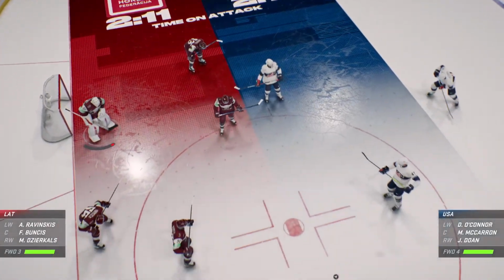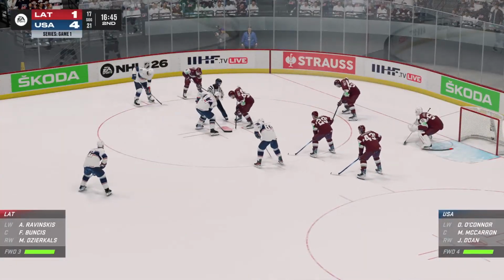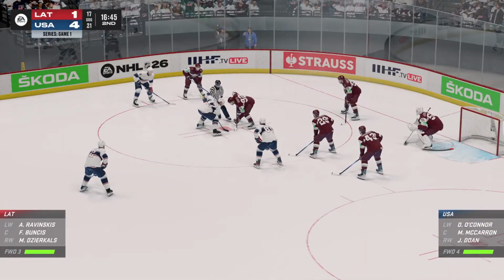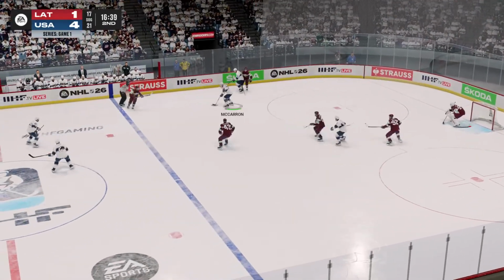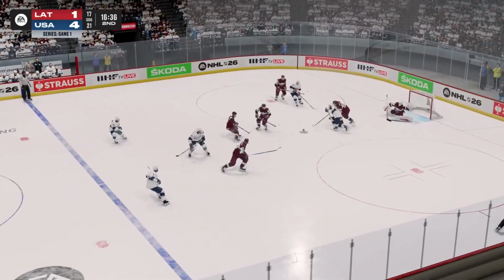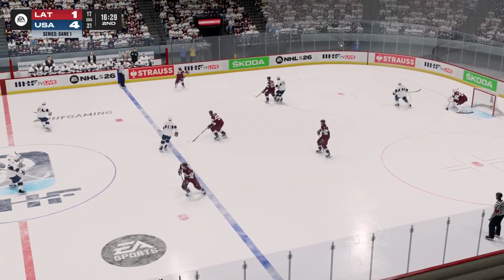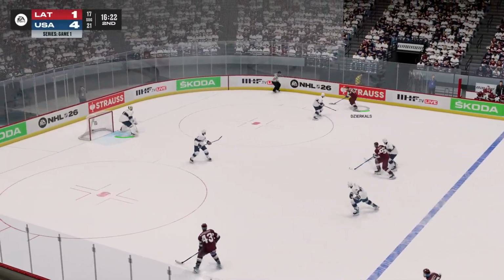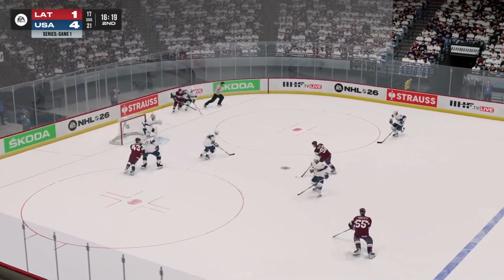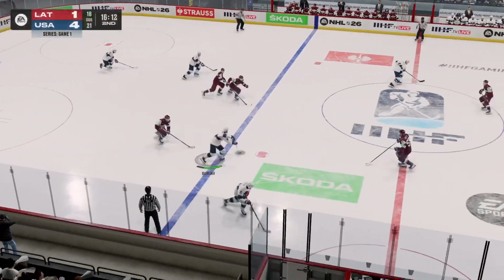In this tournament, the second period has been absolutely killer for the American squad. The second period is where they've been pulling away from these teams and putting it out of reach. McCarron off the turnover, fires off a body in front. Loose puck top of the slot. Latvia looking to get it out, and they will. Zierkal's up the top, goes back behind, drops it off, a shot denied, rebound goes through. Jeremy Swayman holds his ground.